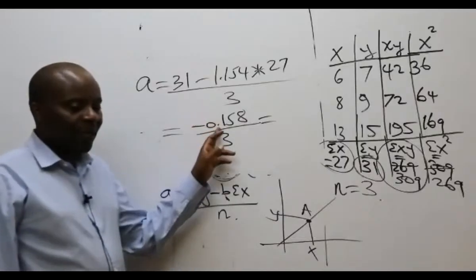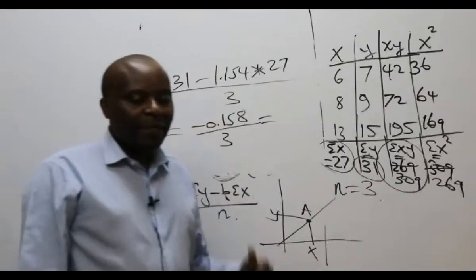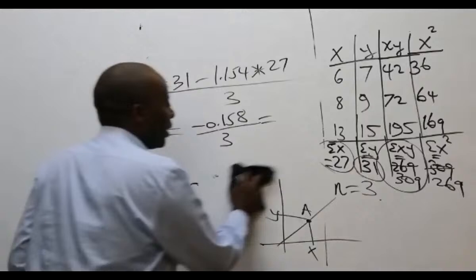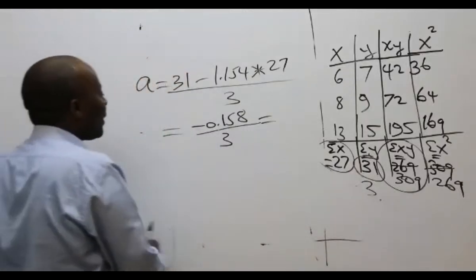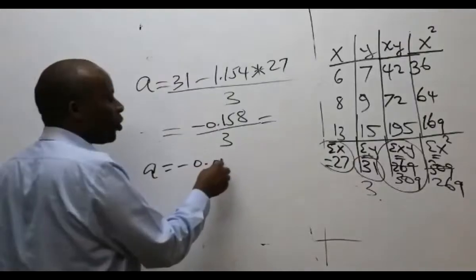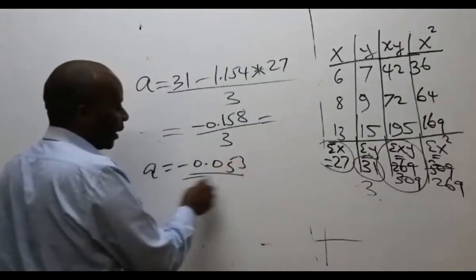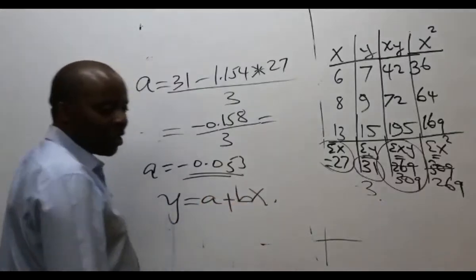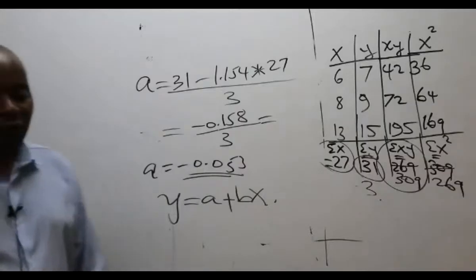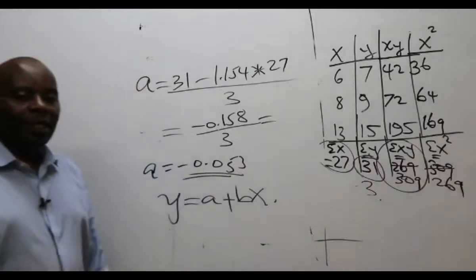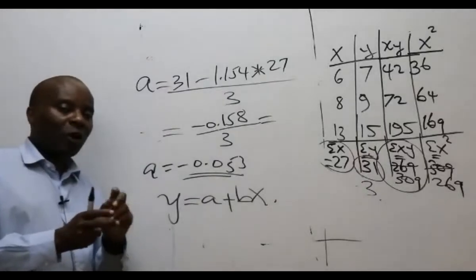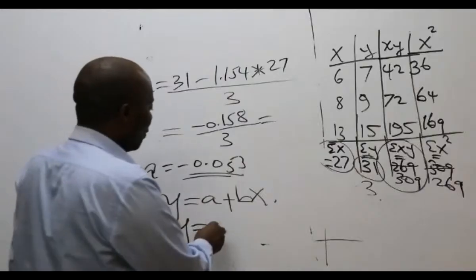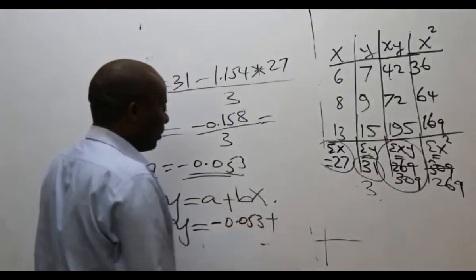So when you take this, you divide by this. According to Amaya, it is minus 0. Collins says 0.053. These are good students. They have said that A should be negative 0.053 like that. Therefore, remember, finally, you have the responsibility of writing for us the formula for y, connecting y and x using the connectors A and B. So my y here will be equal to A, which is minus 0.053, plus B,